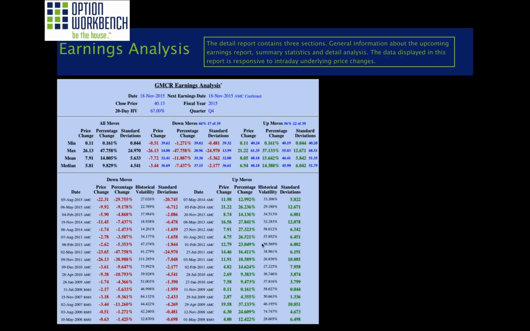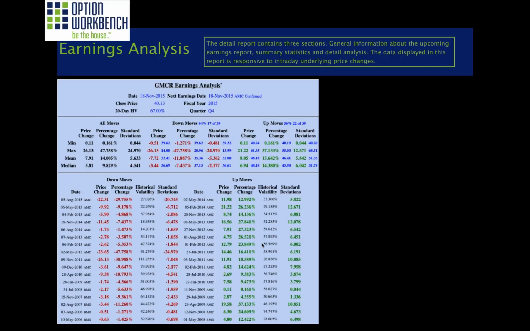And the actual volatility is read from the option profile, which we'll see a little bit later in the live demonstration, and it's scaled to 1 day. So a number that you see on there, like the first top number on the down moves there, which was down 20 standard deviations, that's a 1 day change of 20 standard deviations, not necessarily a change to some distant or approximate expiration date.